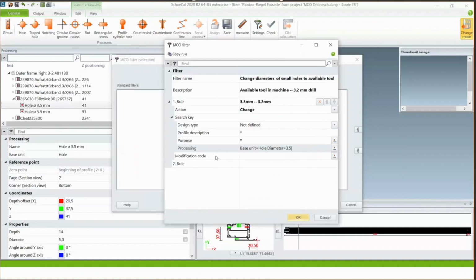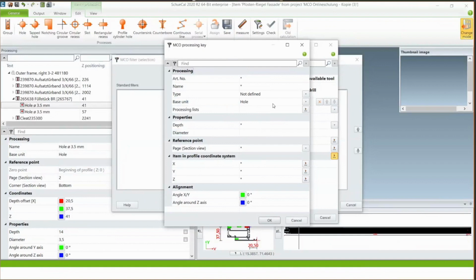At the end of the modification code, we find a 3-dot button again, so I can open it. When we open the modification code, we see we have lots of options. But the base unit is still the hole. And in this filter, I want to change the diameter of the hole from 3.5 to 3.2.